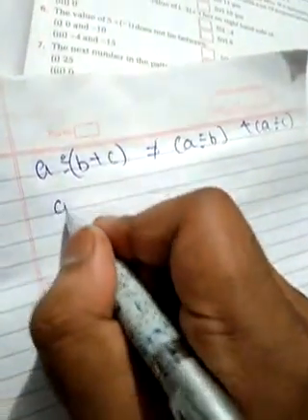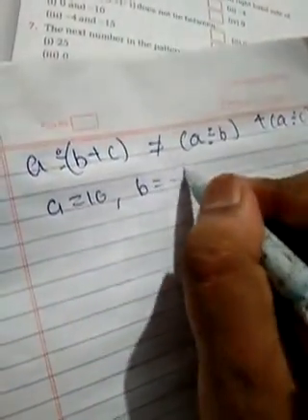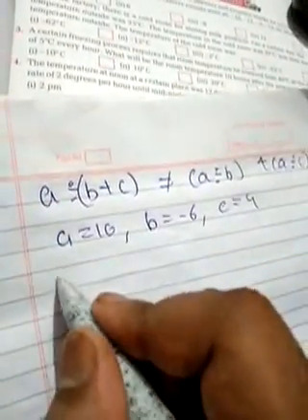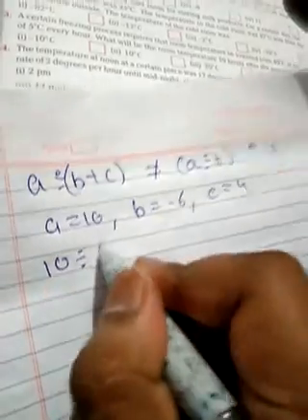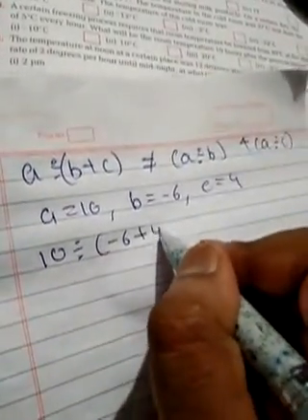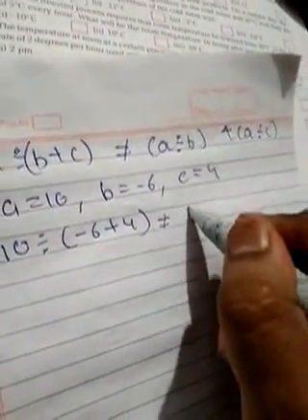Where a is equal to 10, b is equal to minus 6, c is equal to 4. Now put the values of a, b, c in the above equation. So a divided by (b plus c), 10 divided by (minus 6 plus 4), is not equal to a divided by b